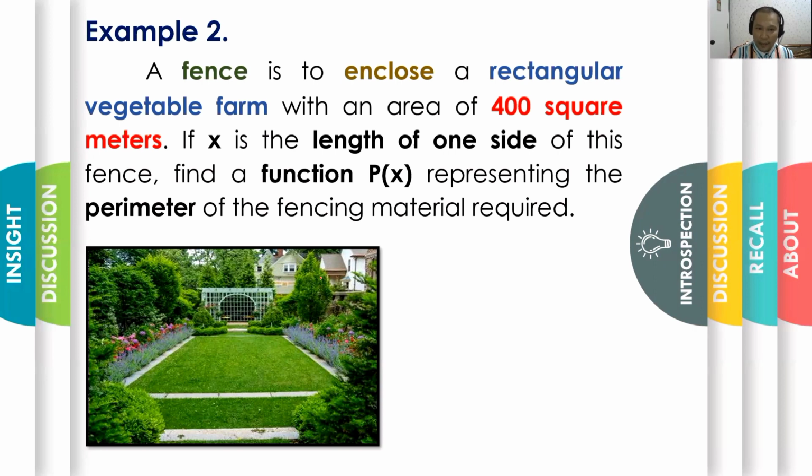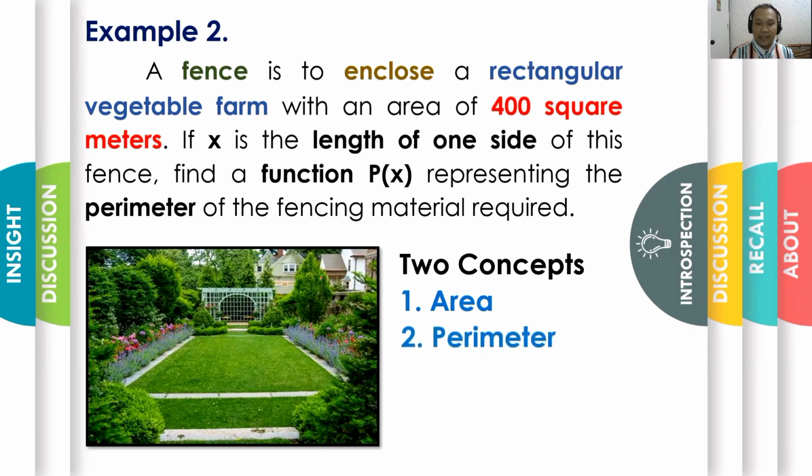Now, in this problem, there are two concepts that we are going to use. The first one is the area of the rectangular garden, or the area of the rectangle. And the second one is the perimeter, which is the sum of the sides of the given rectangle. Okay,